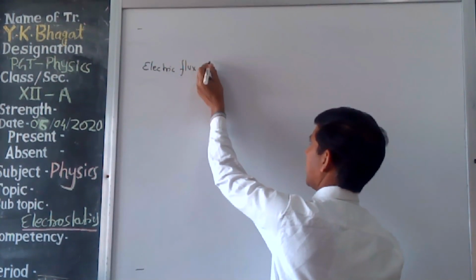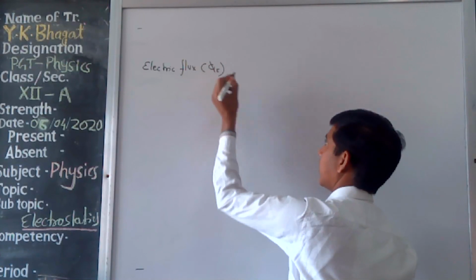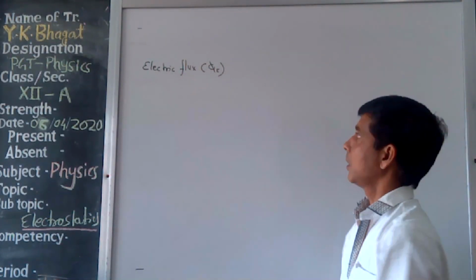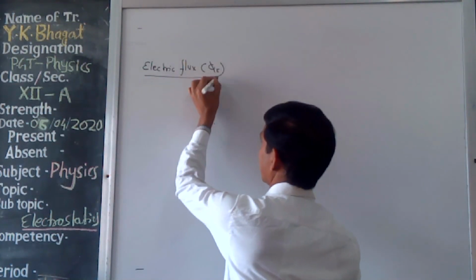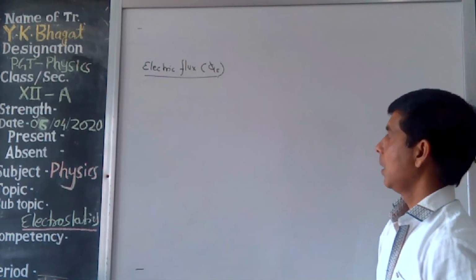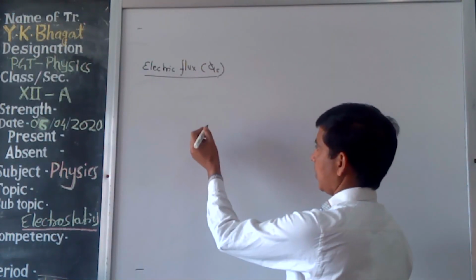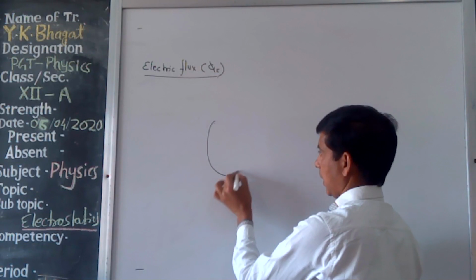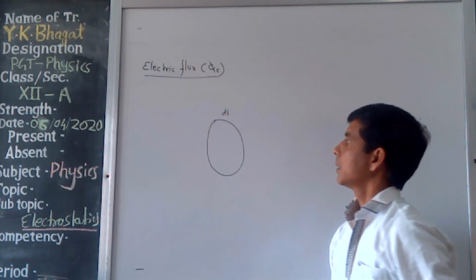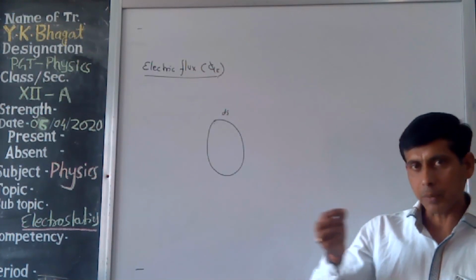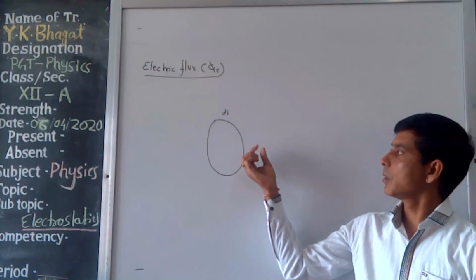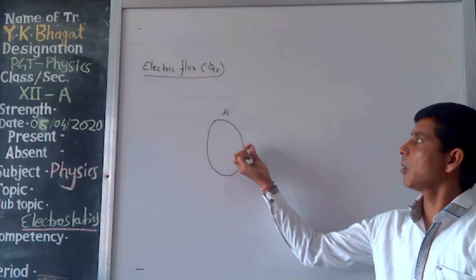It is denoted by phi E for electric flux. Electric flux is similar to magnetic flux. Now we define electric flux. What do you mean by electric flux? Suppose we have a particular area dS, then the number of lines of force passing normally through the given area, these number of lines of force, is called